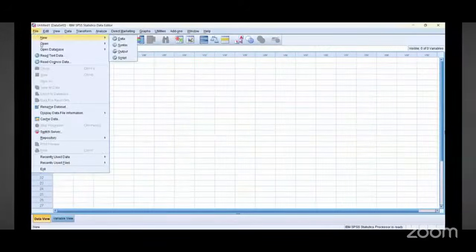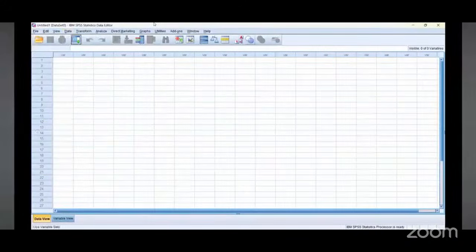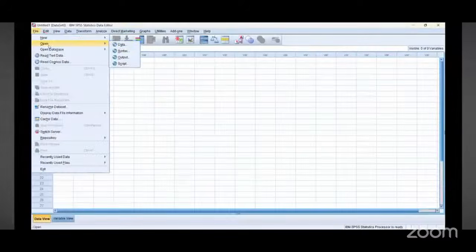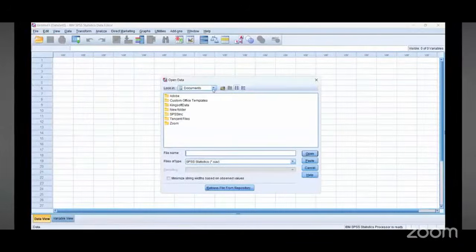And I'm opening now my SPSS software. I'm going to go to the files. This is the file icon. Click this file icon on top here. All right. And then open data. So I'm opening my data. Okay, and I'm going to go to my downloads option. This is the downloads icon, and I'm going to change this